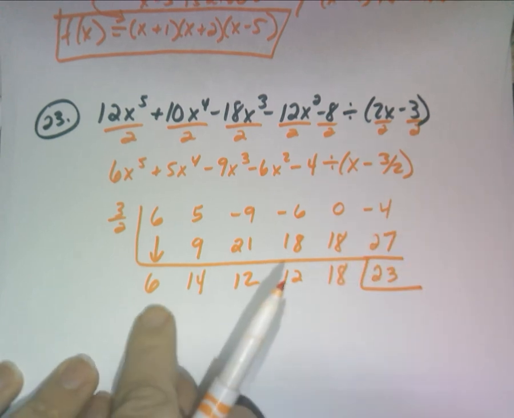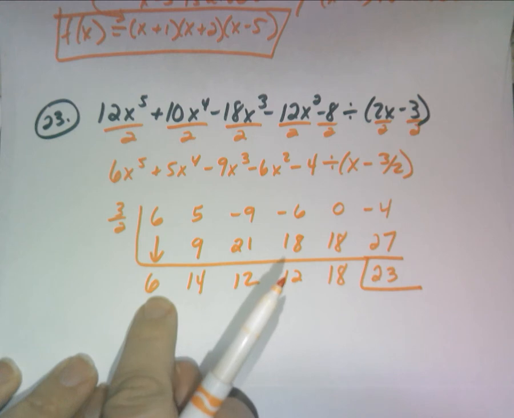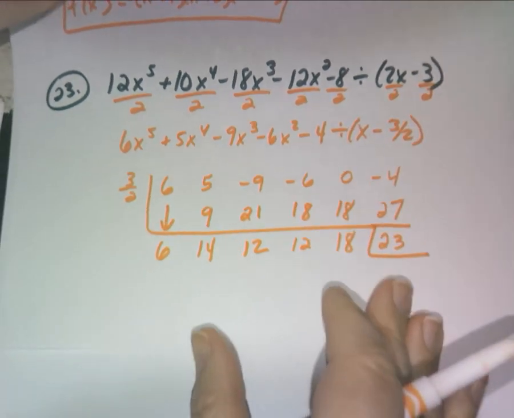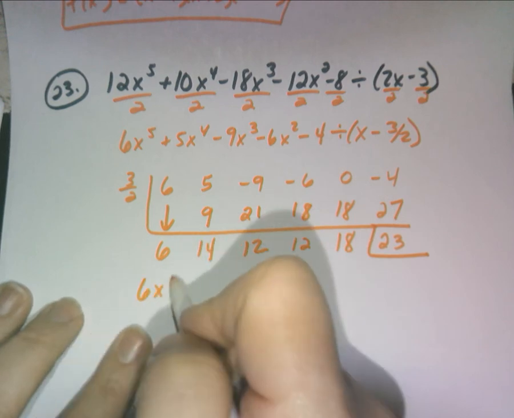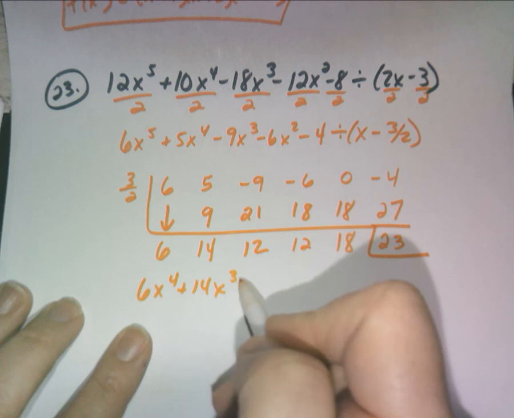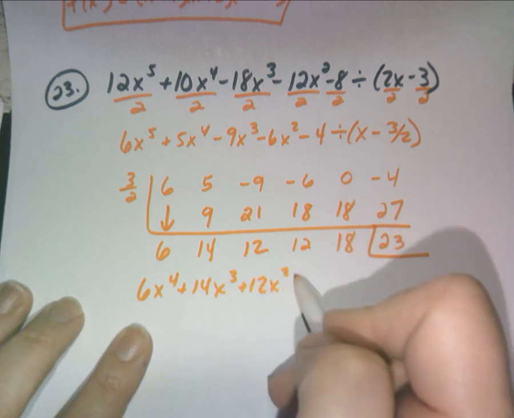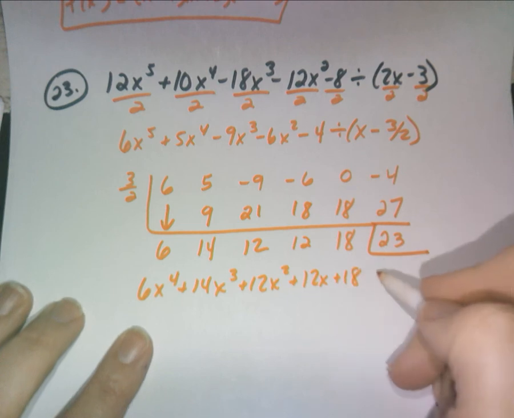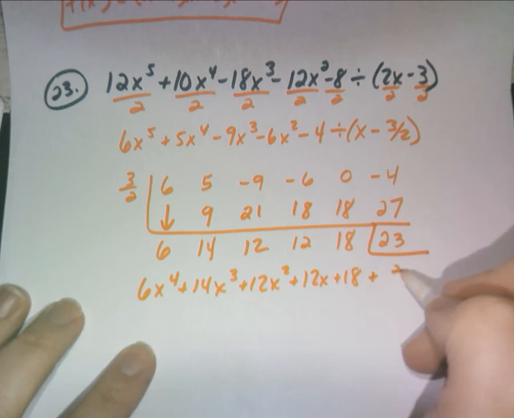So now this is my polynomial of degree what? What's the leading degree here? 6x to the fourth. So this would be part of your answer: 6x to the fourth plus 14x to the third plus 12x squared plus 12x plus 18, and watch, plus 23